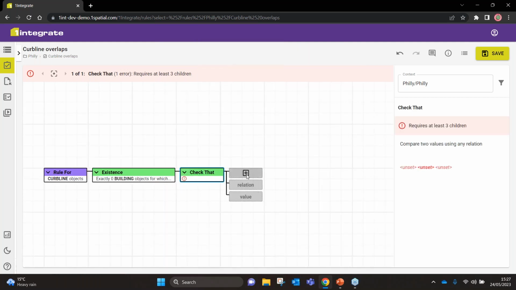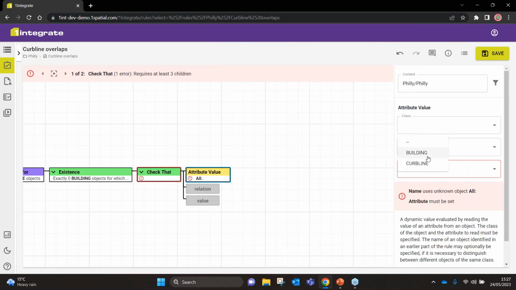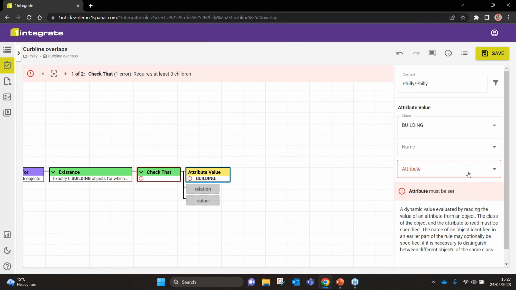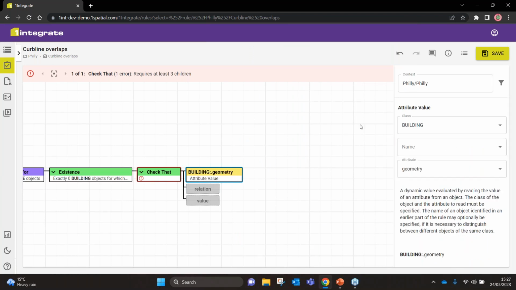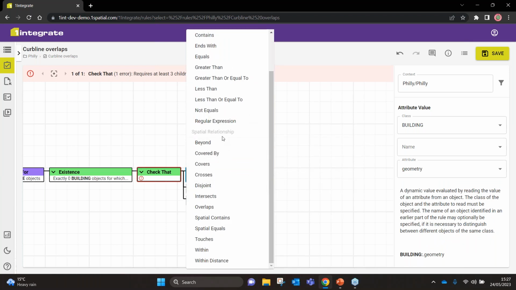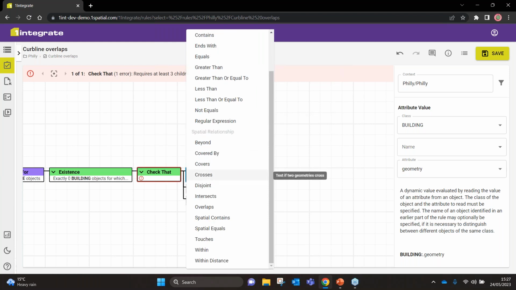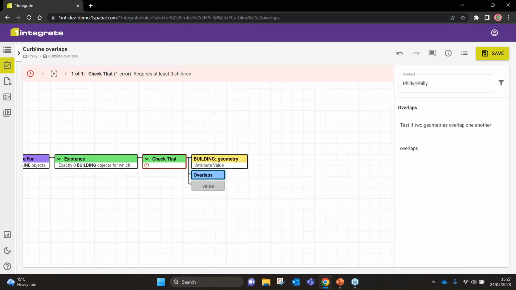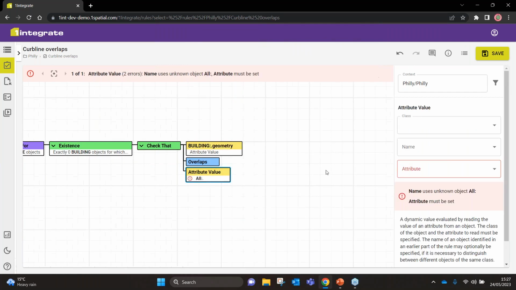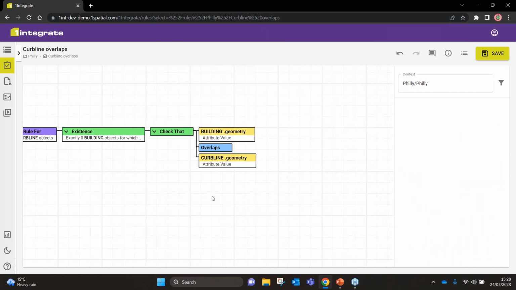And this is where I want to say, I want to check that my building geometries don't overlap the, so I'm going to choose building geometry in this one. And then my relationship is, in this case, a spatial relationship. But you can see here that we have a whole list of scalar and spatial relationships that we can choose from. In this particular instance, we want to say where 0 buildings overlap with our curb line. So I want to choose the curb line geometry attribute in this case. And there I have my rule